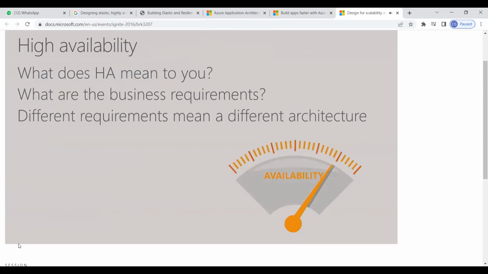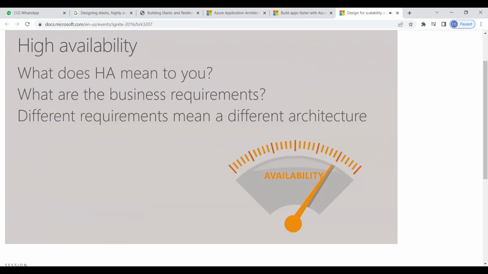High availability. What does it mean to you? Everyone actually has a different definition of this. If you think about uptime, ask yourself, what's the availability of the application that you want to do? And that's a business requirement. I won't drill in too much into how you define that because it's going to be different for every person in this room. But remember that you're going to define what that is, and that's going to define how complex a system you want to build, how many nines you want to be designed for, what level of fault you want to be able to handle with your system.